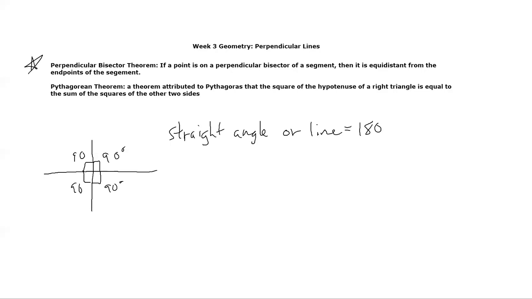And you might think, is that it? Is that what we're talking about? No, that's not it. Perpendicular bisector theorem. The word bisector means two sections. Bi means two. Sector means section. Perpendicular means that there's going to be 90 degrees. So if you have a 90-degree angle, what happens is,